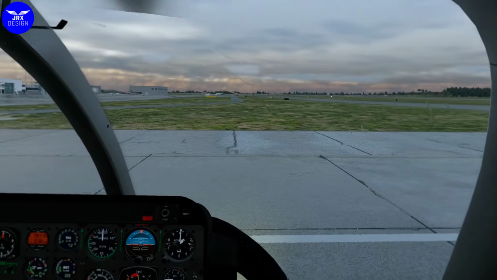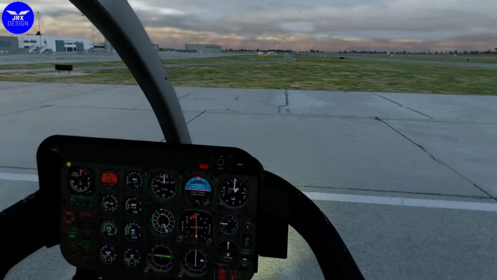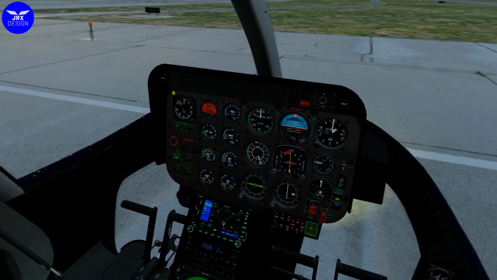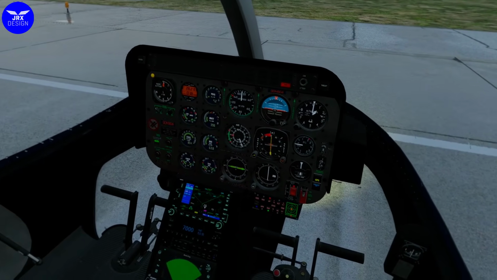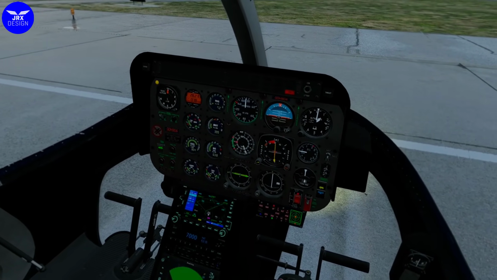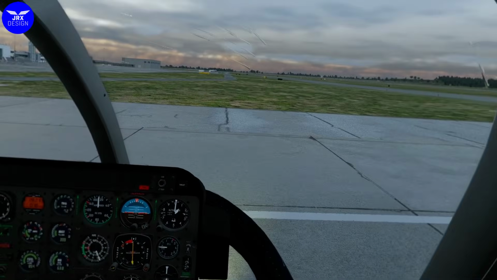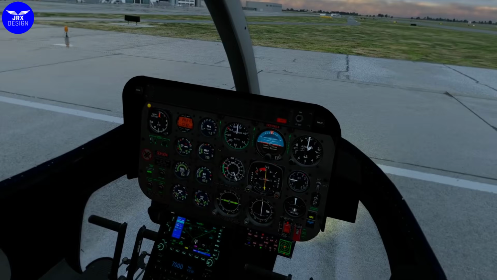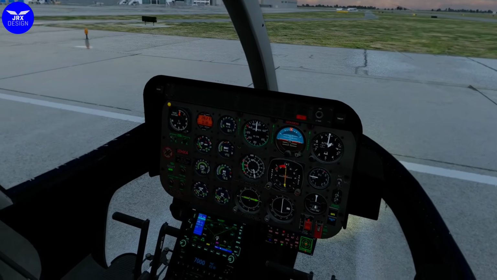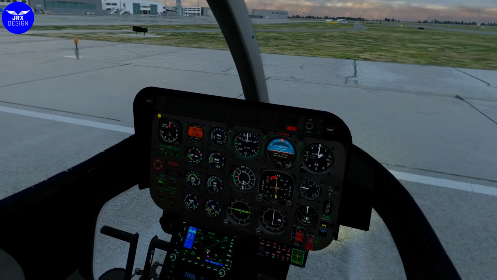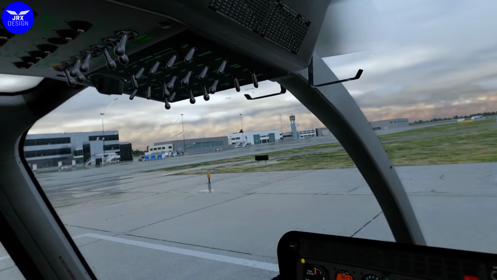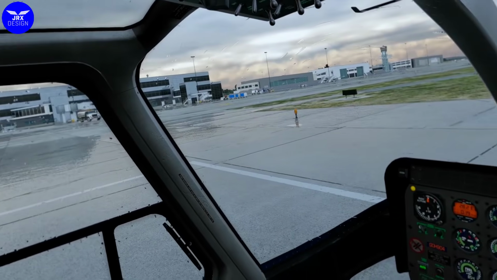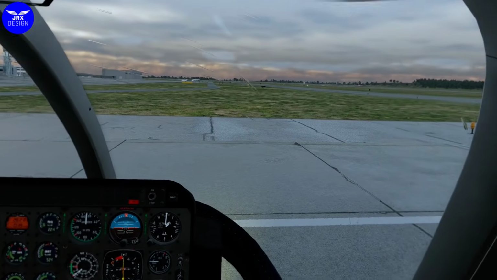We're going to take off, we're going to have a look at a couple of things. We're going to look at the effect of the wind on the airframe. We're going to look at the rate of descent, because that's changed. That will be quite a big change, I feel. It was quite floaty before. Just come up to flight. I think when we lift off we're going to turn to the left and come into wind,